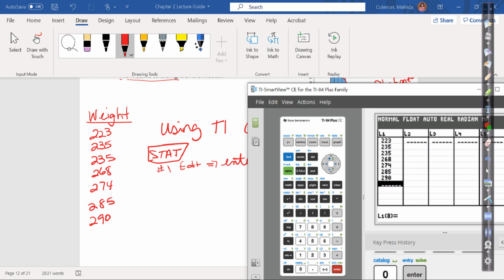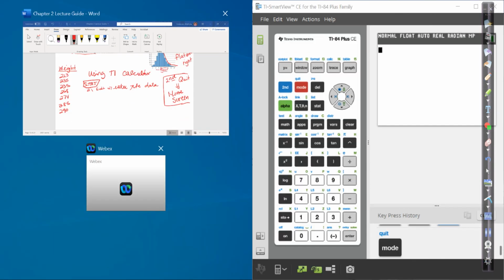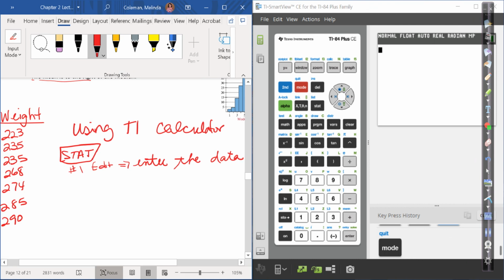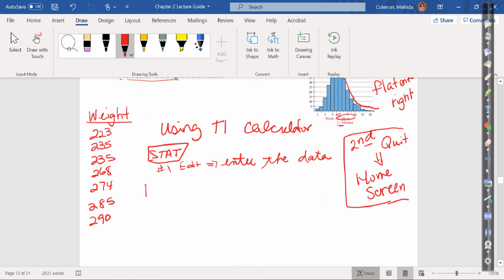We got to get back to the Stat key. We got to get back to the home menu. So we can hit second quit, and that'll take me to the home menu. Then, to calculate things on here, I want to hit, again, the Stat key. But then I'm going to tab over to the Calculate button, because now I want to calculate some things on there. What I want to calculate, again, is number 1, which is your